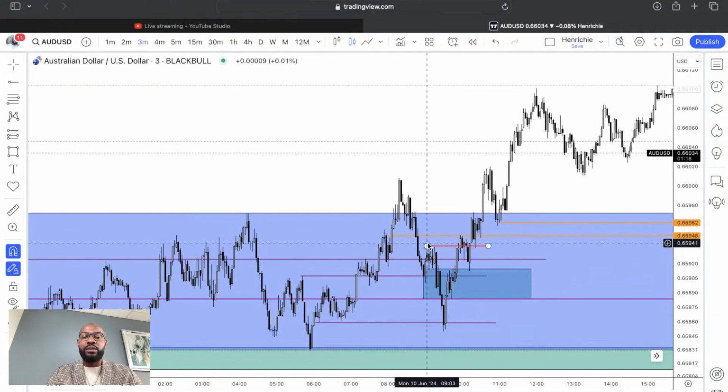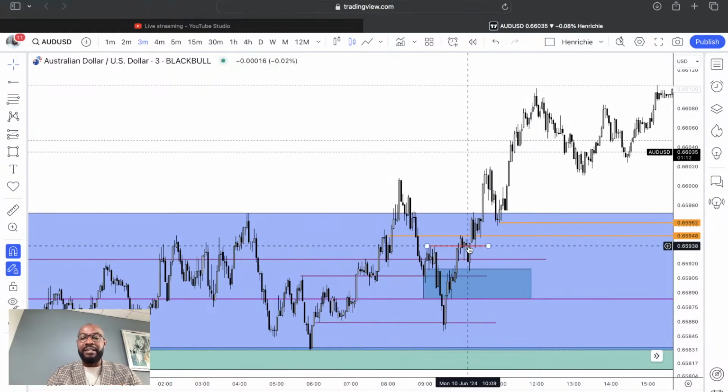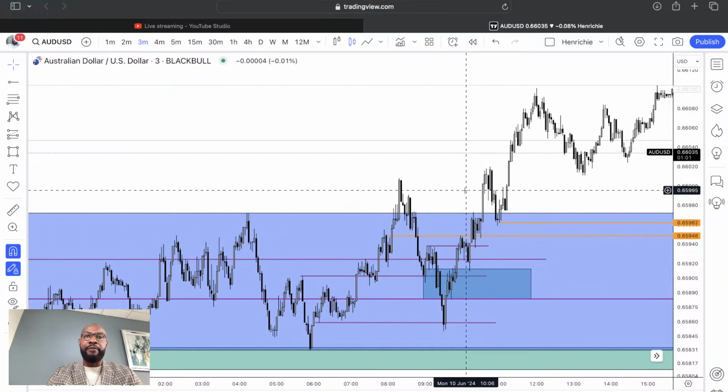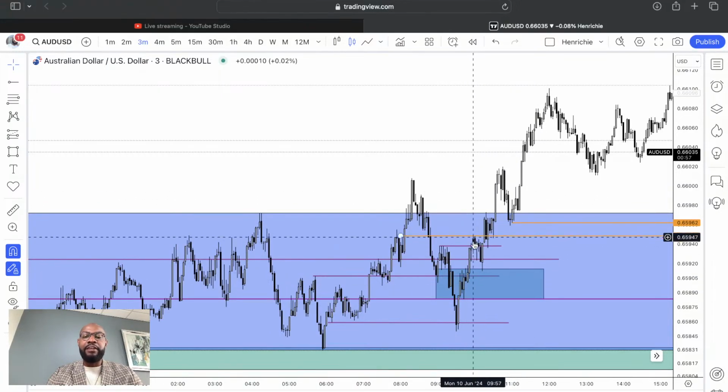I also saw this one. This was a high, a low, a break of structure. This would have been a re-entry for me, but I didn't really get in because it was basically when I was just driving and heading home, so I couldn't really park on the streets and start trying to get in on the trade. I don't do that. I always like to be in a relaxed environment before I place any trade. But unfortunately, I missed this second entry.